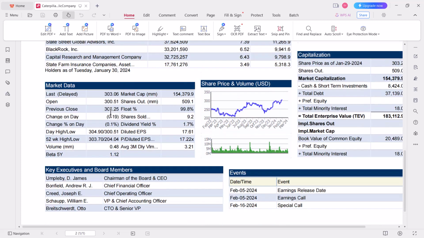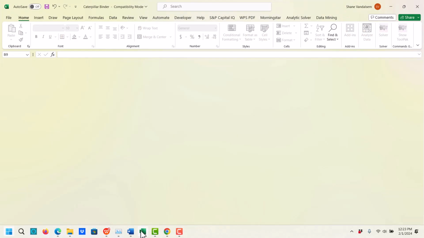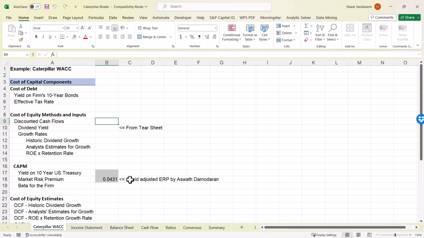So what we're interested in, though, is calculating the cost of debt for Caterpillar. What we're going to use, and I've got this workbook out online too, is the yield on the firm's 10-year bonds. That gives us an idea of what investors are currently paying and the return they're requiring on the firm's bonds. So I'm going out here to the summary tab,